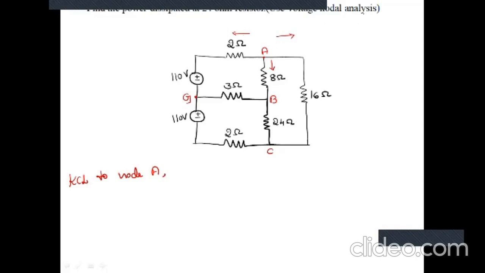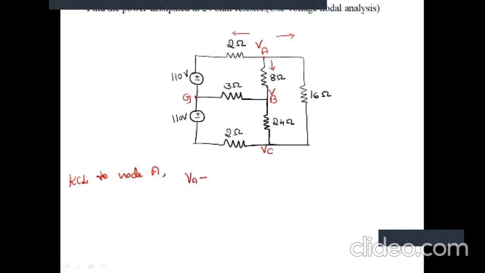Okay, KCL to node A. Let me mark them as VA, VB, VC. Let these VA, VB, VC be the voltages at these respective nodes. So when I apply KCL at node A,